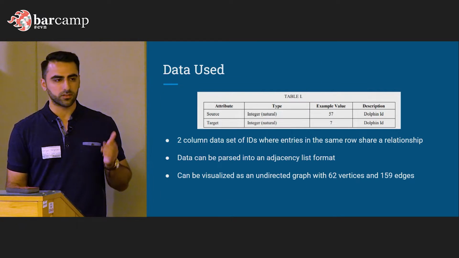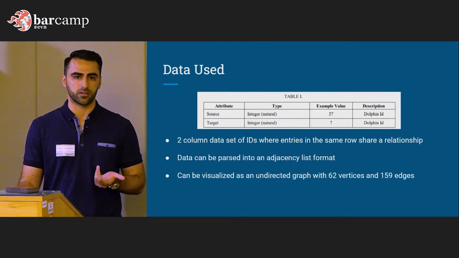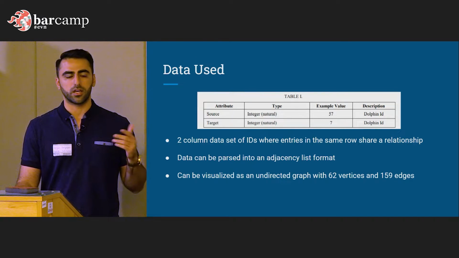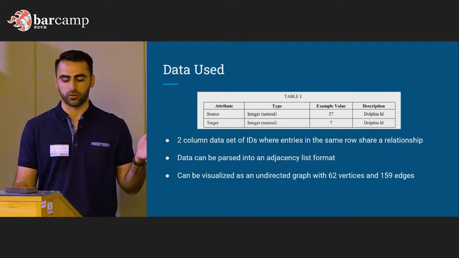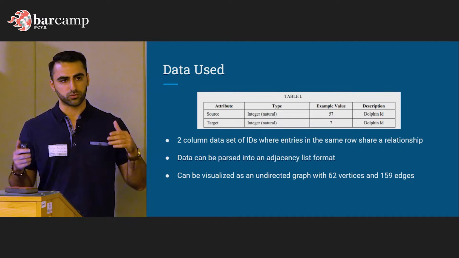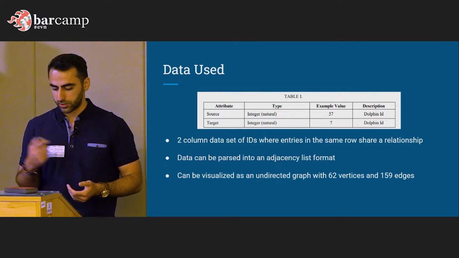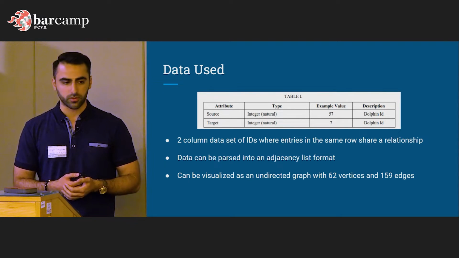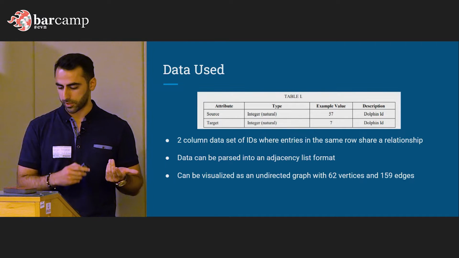So what does the data actually look like? Most of the time when you're getting this, you might get something as simple as a 2-column data set. In this case, each column just represents an ID, and most of the time you represent it as source and target. Where is it going and which direction is it flowing? So when you look at rows, rows will represent the relationship between one another. Like I said, it's an adjacency list format, but you can also have it in different ways, which I'll talk about later. The important thing is that once you have this data, link analysis allows you to visualize it in a graph. And the graph has many applications that we will talk about.